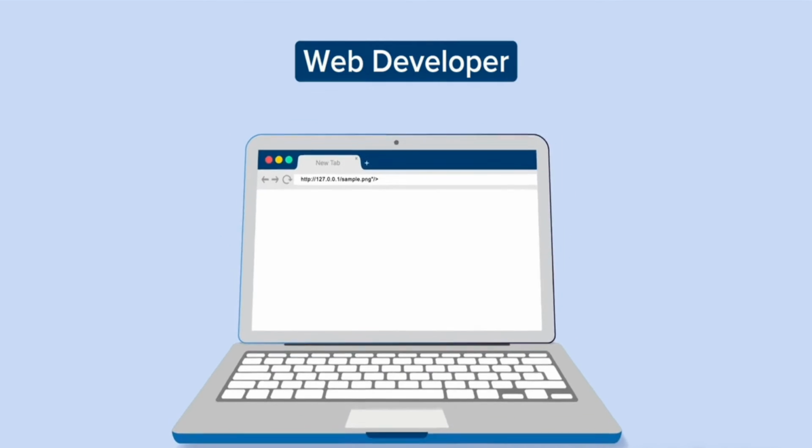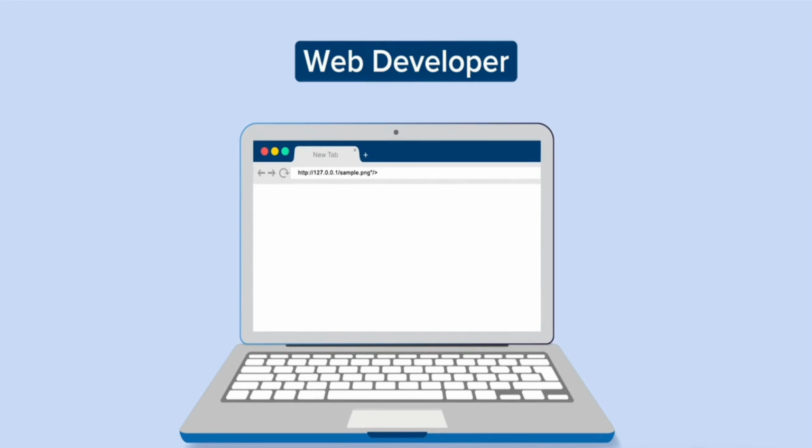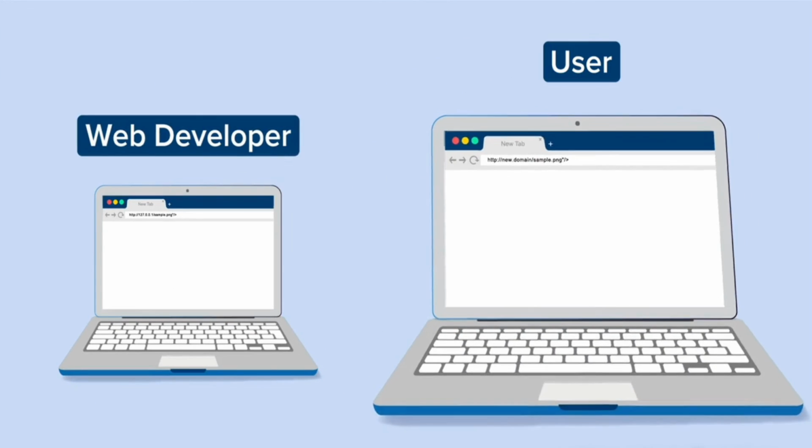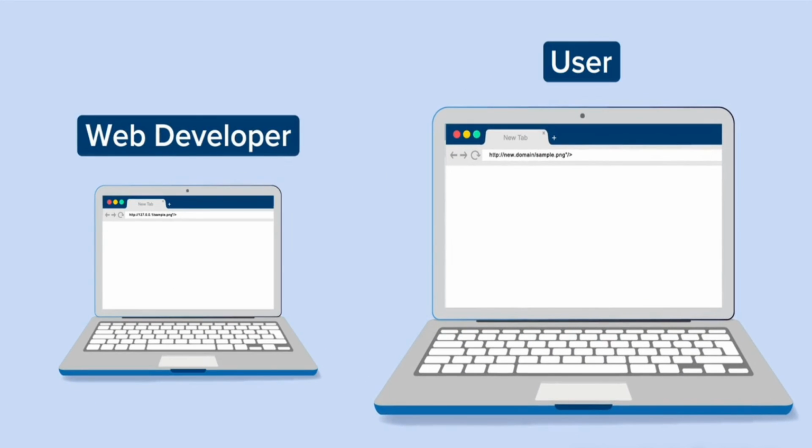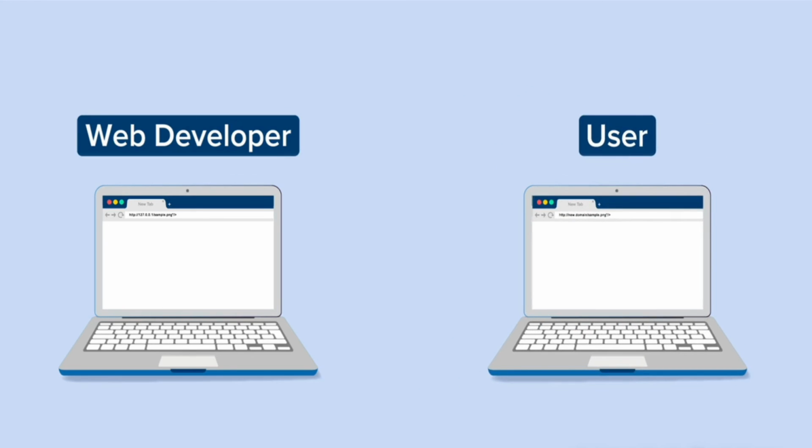Now let's say this code has been put up on the server. In this case, the domain name that one would be using would be mynewdomain.com. So the browser, encountering the URL /sample.png, now prepends the new domain name before it instead of 127.0.0.1, thus fetching the image from this URL.